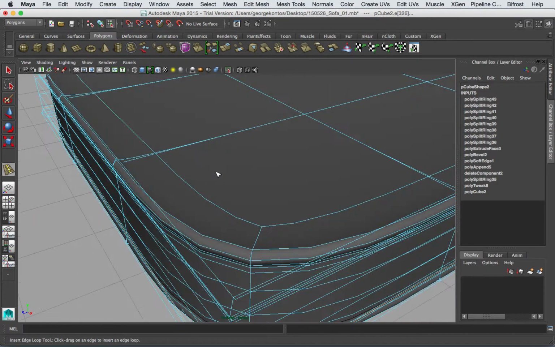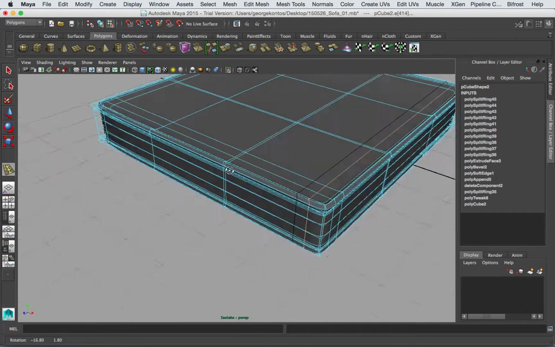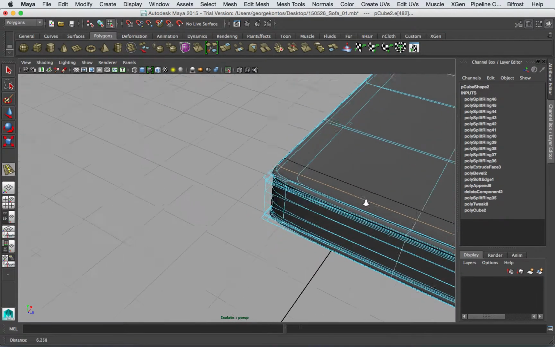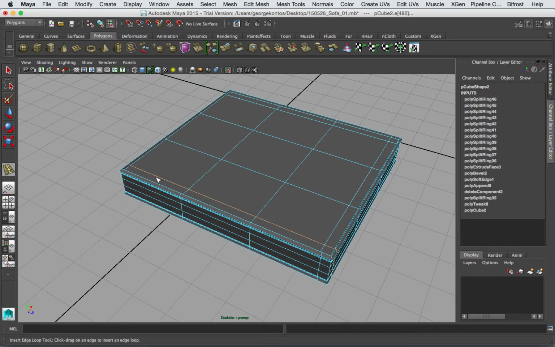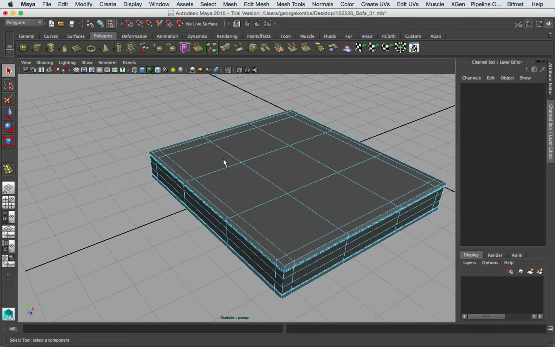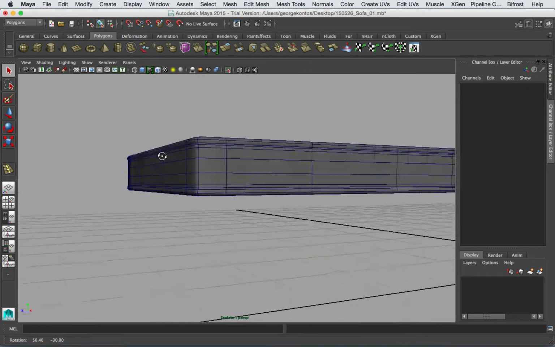Now I want to go and square it up, so I'm gonna go ahead and add some edge loops around here and one over here. And one, let's see, so 1, 2, 3, and 4. So I'm just showing you what I added. I added these edge loops so I can square out, sorry, this cushion. So if I press 3, I get this nice